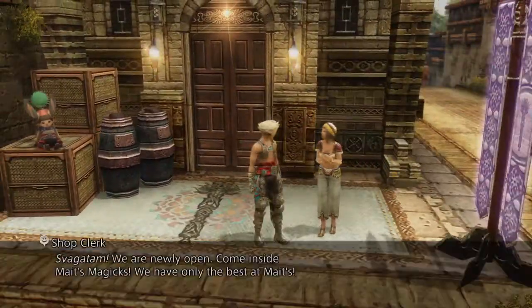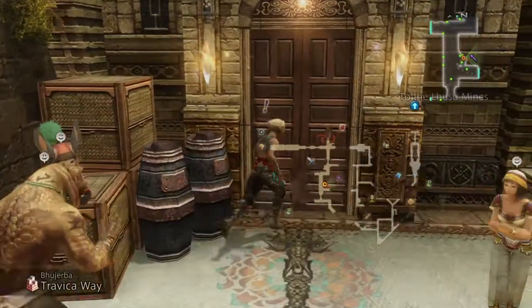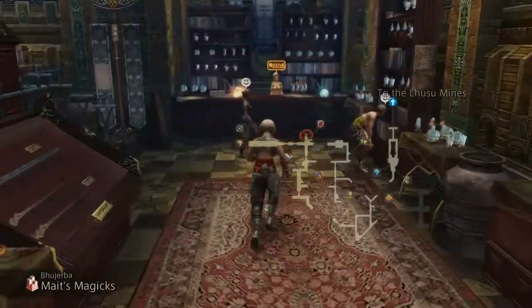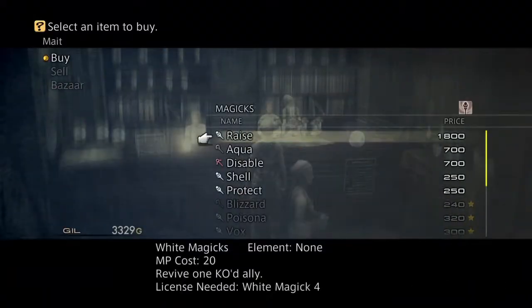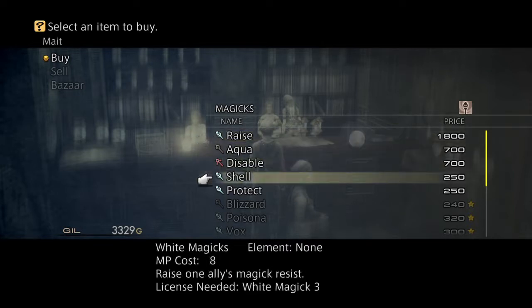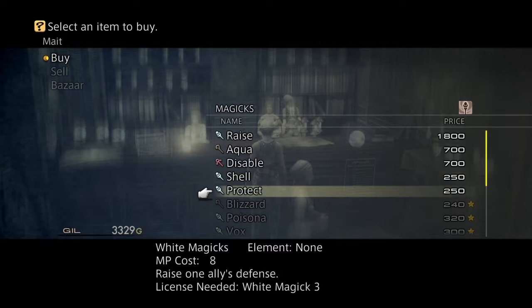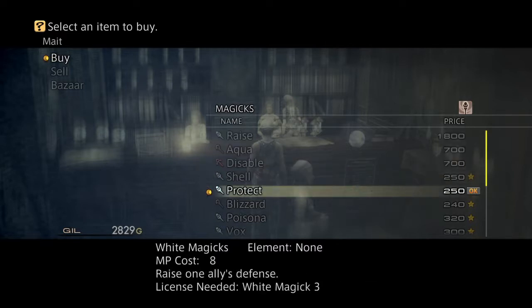Oh, check it out. Shop clerk. Swagatam. We are newly open. Come inside. Mites Magics. Might as well take a look. If they have anything new, we'll buy it. But I don't think they do. But you never know. It's a possibility. Oh, look at that. They do got some new stuff. Nothing that we could use, but still gonna need these nonetheless, so